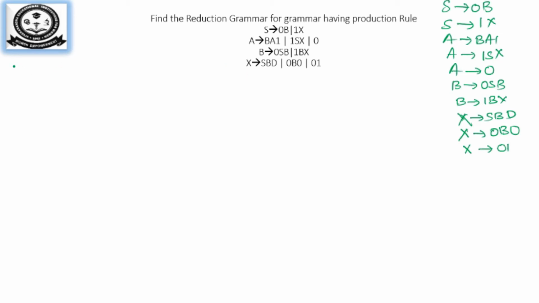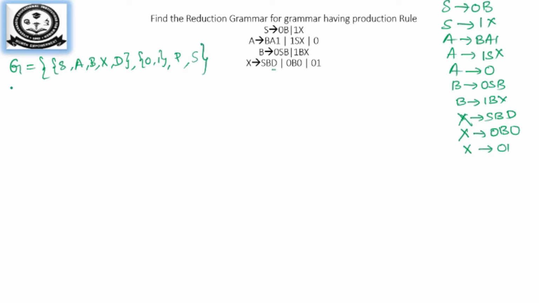So first we know what the grammar is, so I will write the grammar over here. What are the non-terminal variables here? We have S, then you have A, B and you have X and you have D also. You can see D is also over here. The next one is the terminal symbols, which are going to be 0 and 1. So we have a production rule. So this is the production rule, and our start symbol is S.